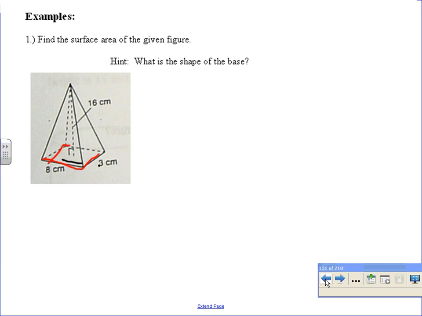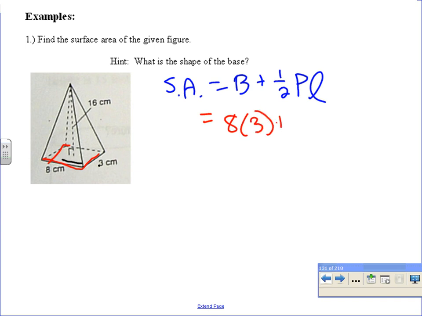Okay, let's write down the surface area formula first. B plus 1/2 PL. Okay, and let's start with this. What is the base of this one? So what is the figure that is the base, Peyton? Good. It's a rectangle. So to find area of a rectangle, we are just taking 8 times 3, length times width. Okay, plus 1/2 times the perimeter. To find perimeter of a rectangle, we're taking 8 plus 8 plus 3 plus 3, or 2 times 8 plus 2 times 3,